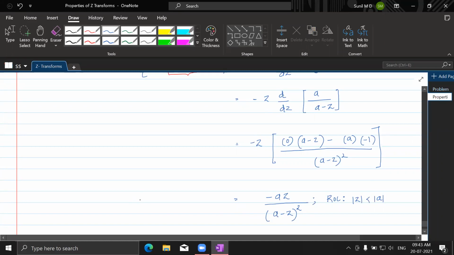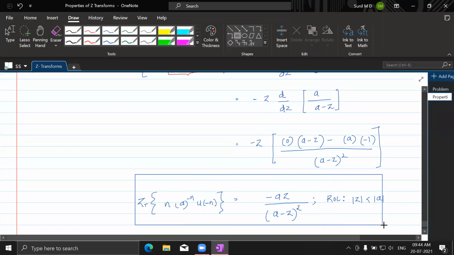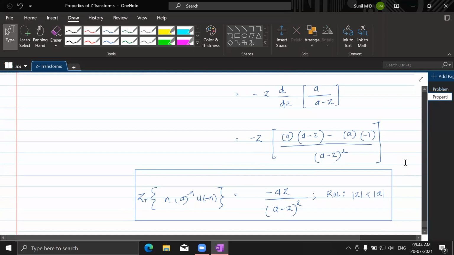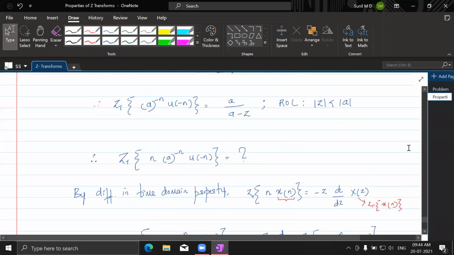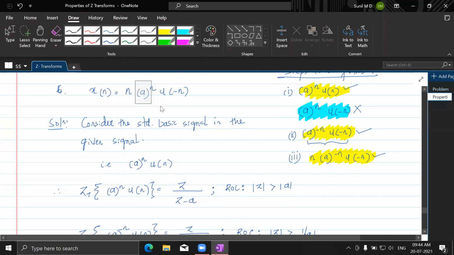Fine. So this is the z transform of n a power minus n u of minus n. So this is what one needs to get. This is a little tricky, trickier than whatever we have solved till now. In what way was it tricky? We started with a power n, but what is given is a power n u of minus n. In one standard signal, you cannot have minus n in one place and plus n in the other. So we need to adjust without changing the actual result.